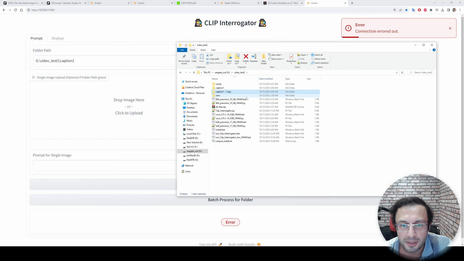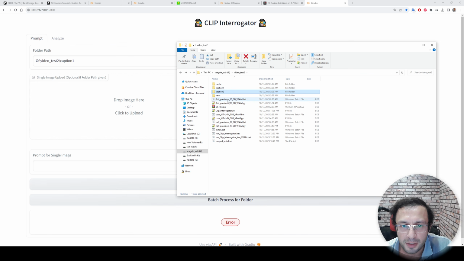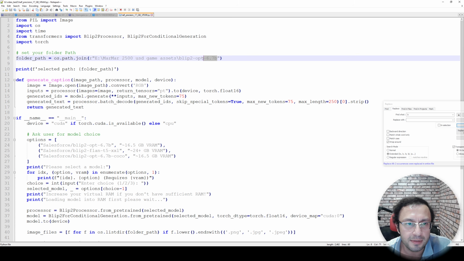So let's copy this as caption 2. Okay. And let's copy the path of it. And let's say I want to use, which one? Half precision 17 gigabyte. Yes, let's open this file. All you need to do is edit the path of the text file like this. Okay, then